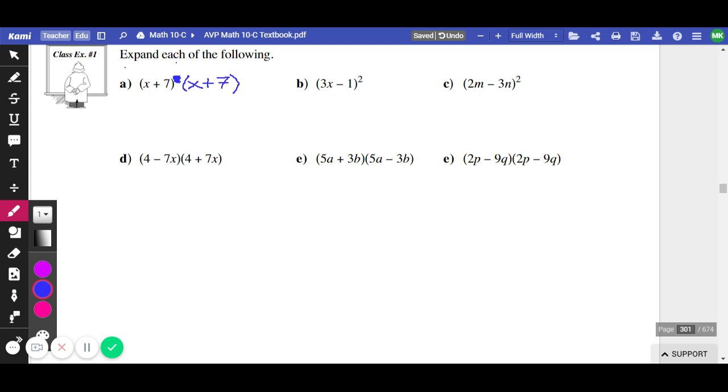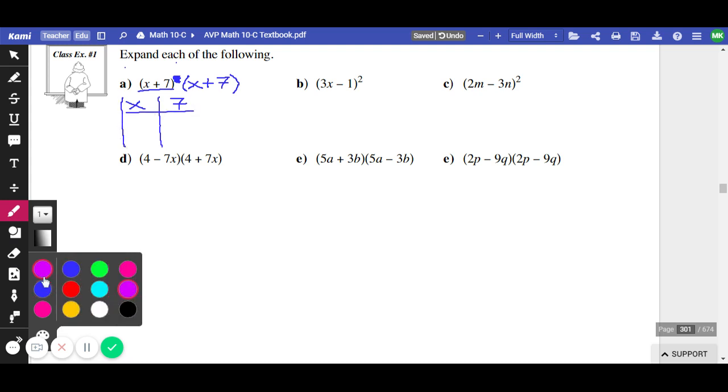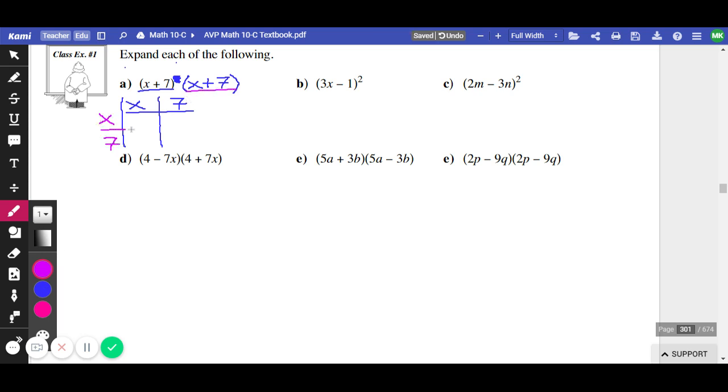So we'll start off with area diagram. Area diagram, you take one of your binomials. We'll do this one. We write it across the top. You don't need to write the plus. You have x, you have 7, and it starts creating a grid for you. You take the other guy, and it goes down the side, x, 7. And that finishes building your grid. On the inside of the grid, you multiply the row and the column. So in this first spot right here,